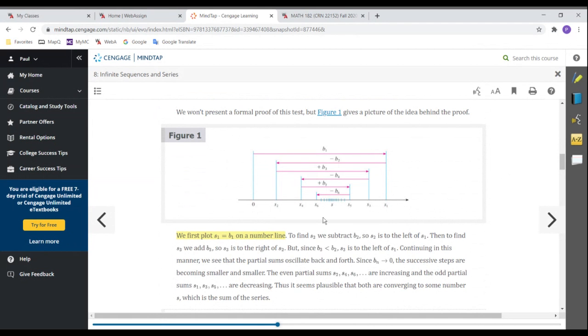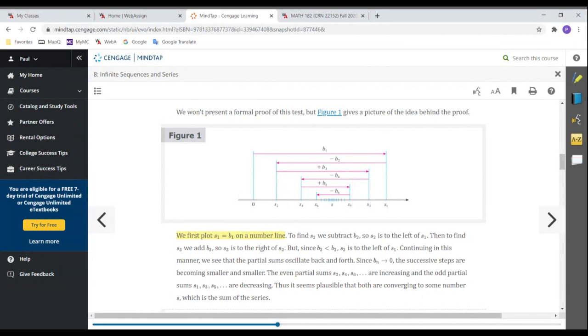Basically, they look at the partial sums. You see here on Figure 1, the axis goes like S sub 1. S sub 1 is just the first term. S sub 2 would be b1 minus b2. So S sub 2 goes over here to the